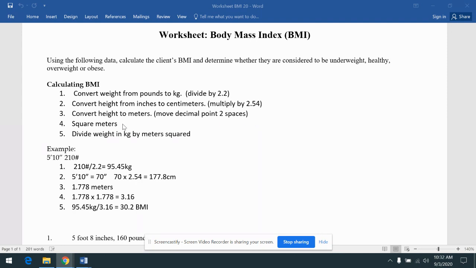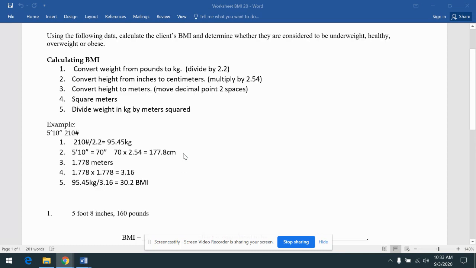Now you're going to square that number, 1.68 times 1.68, and then you'll go back to your weight in kilograms and divide that by your height in meters squared. Okay, so here's the example here. If someone is 210 pounds, we're dividing that by 2.2 and they get